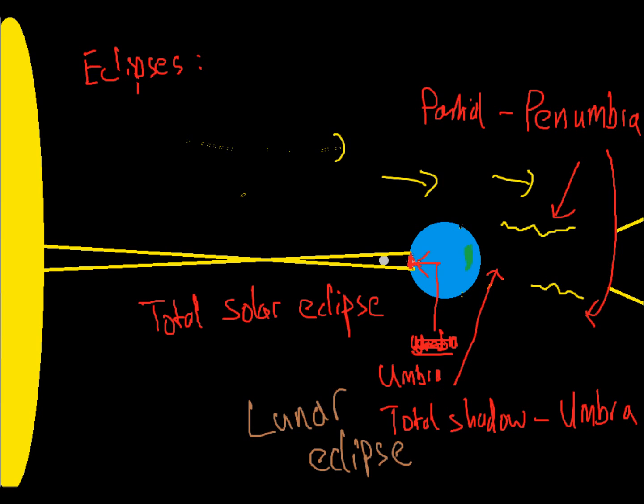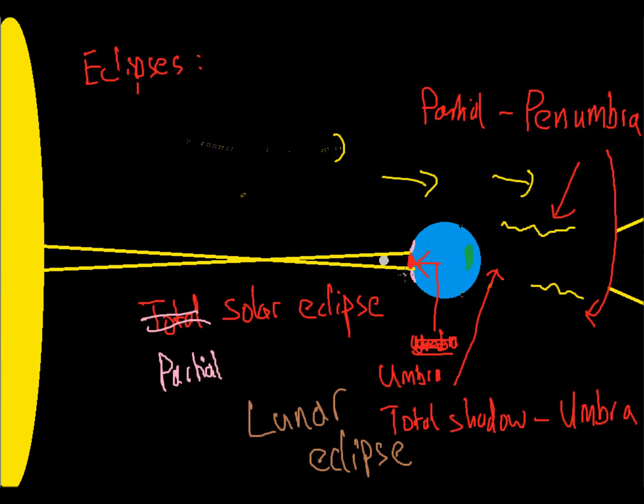So this is a region of total shadow from the moon, but to the sides of it, I'll do this in a pinky sort of colour, you might get some regions with partial shadow. So here you wouldn't have a total solar eclipse, you'd have a partial solar eclipse, and these would be the regions of penumbra, where some of the light is blocked out by the